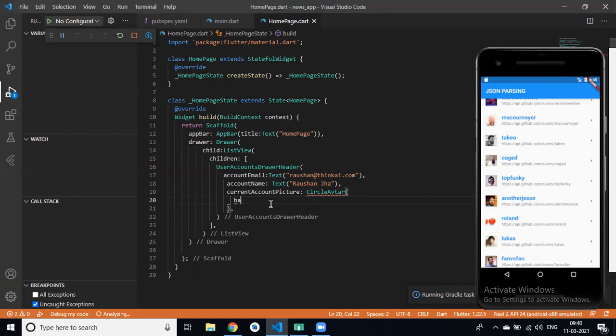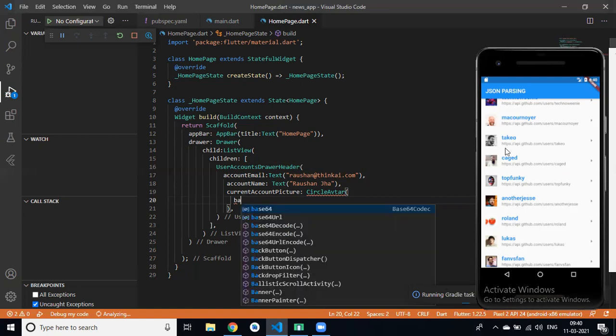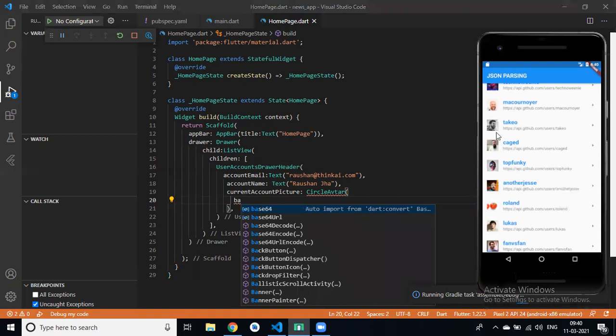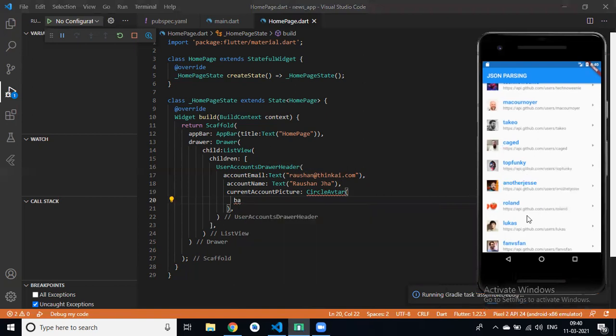If I give it as a child of circle avatar, then our image will not be in a circle. You can see in the emulator, we have a circle avatar, but our image is in rectangle shape, right? Yes.